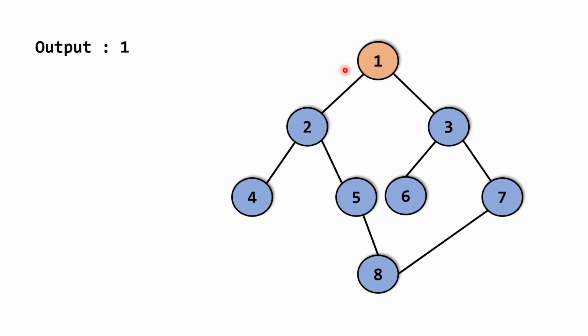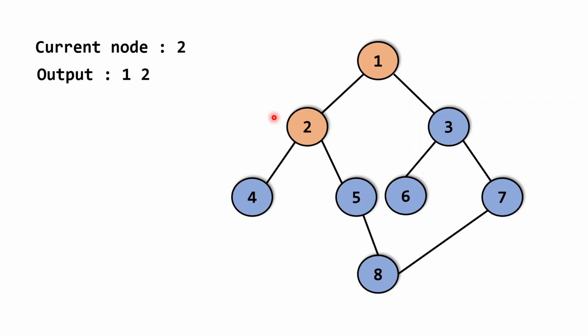Now in the next step what we have to do is check the adjacent neighbors of this particular node 1, which are 2 and 3 in this case, and both of them are unvisited, so we have to consider both of them. Let's say first I have considered this 2, so I will go to this particular node 2, and our current node becomes 2, and I will make this node visited like we did for node 1, and put it into the output. So our output is 1 and 2.